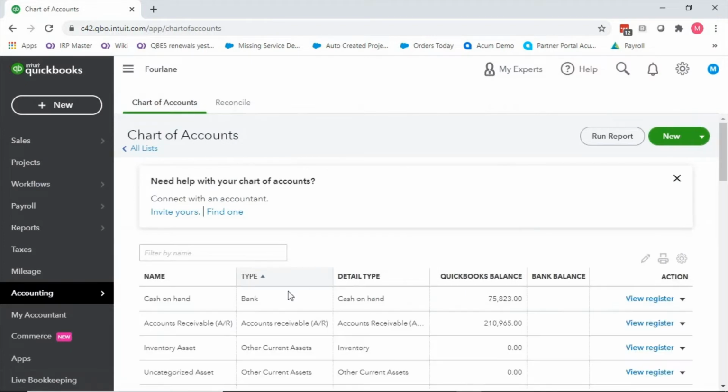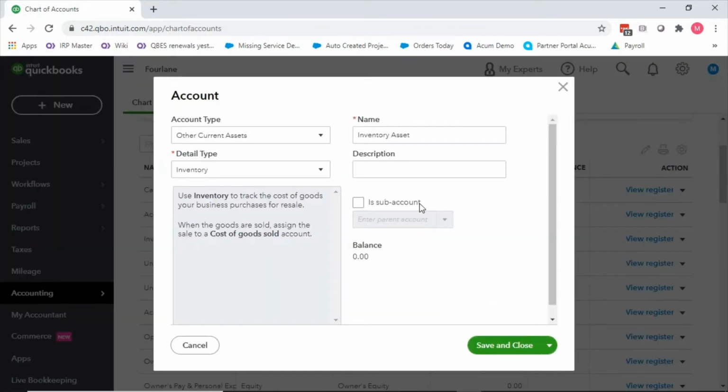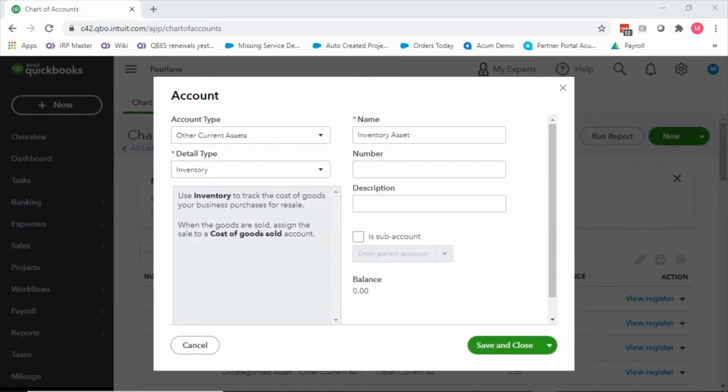Oops, save, yes. So now when we come in here to our accounts on the chart of accounts, I can edit an account as an example, and I will be able to, I had to bounce back in there because I didn't hit save. I will be able to see the number now. So here I'm in the inventory section.